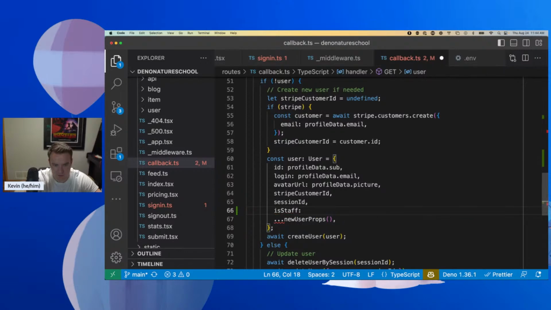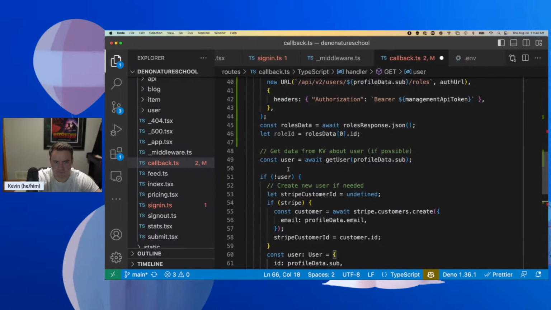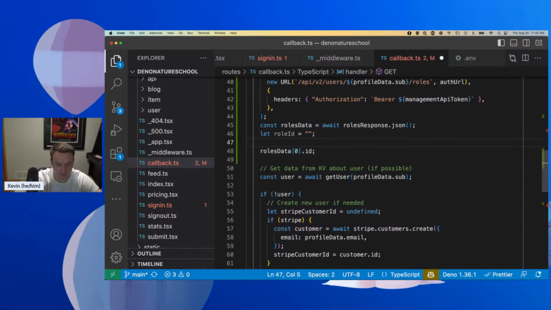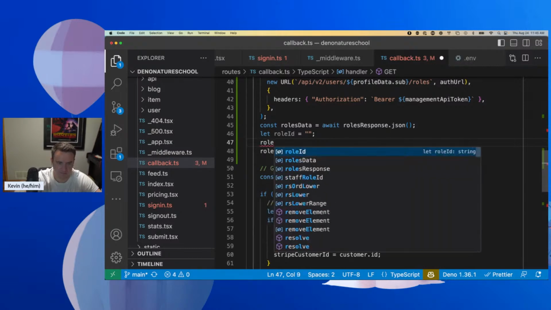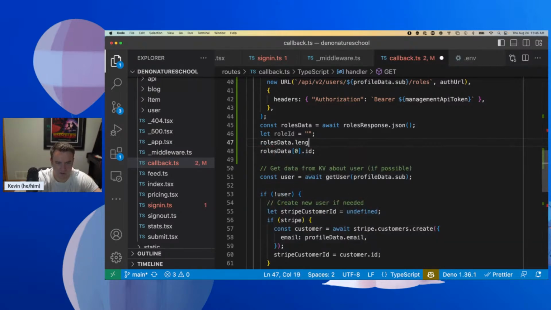We can set that equal to, oh wait, if this is empty, this isn't going to work. So it can be an empty string, so it can be falsy. Roles data dot length is greater than 0, and